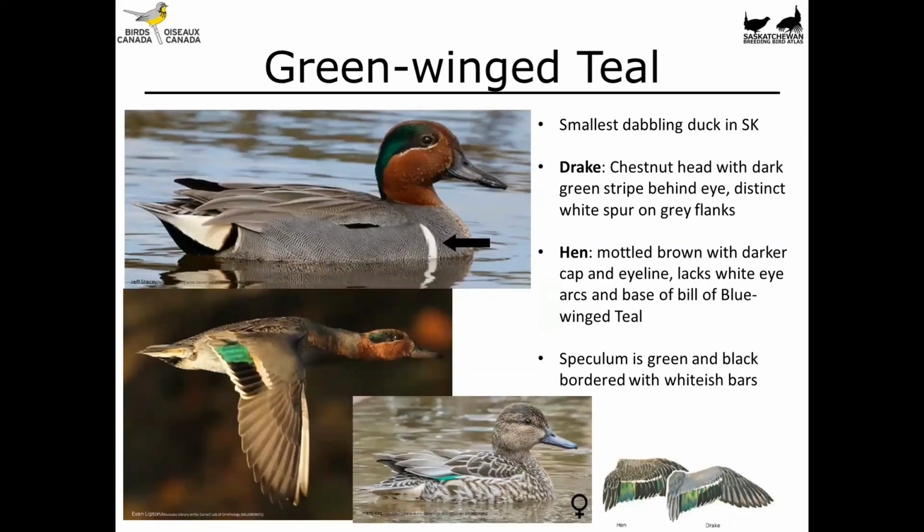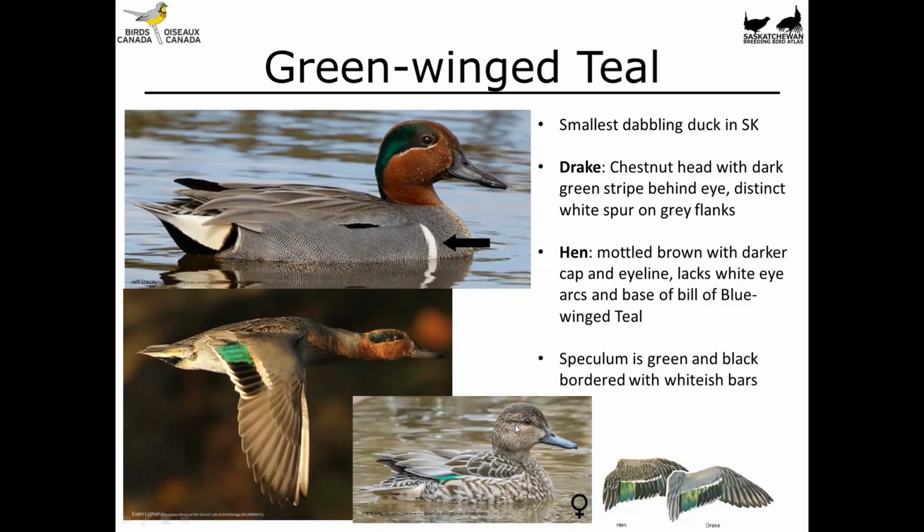The green-winged teal is the smallest dabbler found in Saskatchewan. Again, these are fast flyers. The drake has this chestnut head with a dark green eye stripe behind the eye and this distinct white spur on the gray flanks. The hen is a mottled brown duck with a darker cap, and another one with this eye line here,